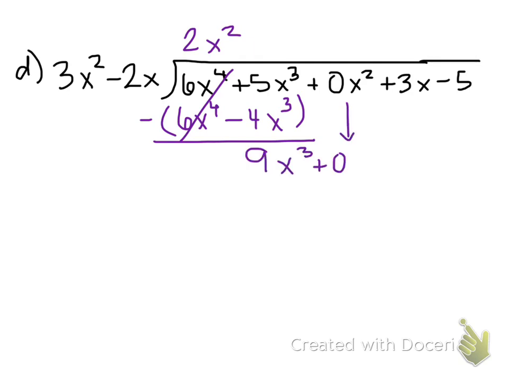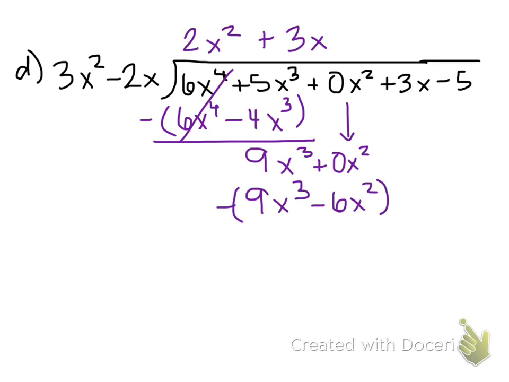And we drop the 0x squared. And again, that's why you need that placeholder. Otherwise, you'd be dropping the 3x and the terms aren't going to match up. And it gets very confusing very fast. Now multiplying by 3x. So this will be the 9x cubed I need minus 6x squared. These cancel. I have 0 minus a negative 6x squared, which will give me a positive x squared,